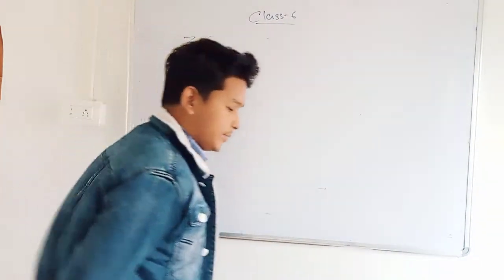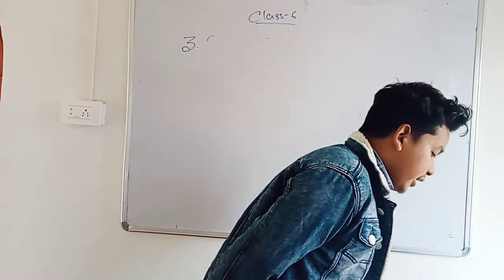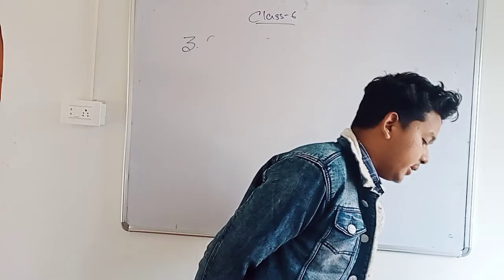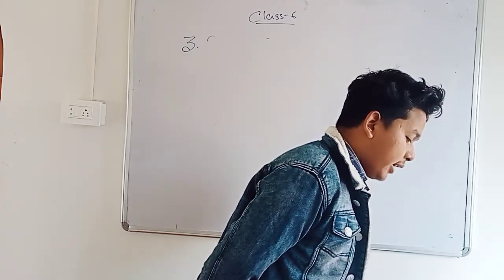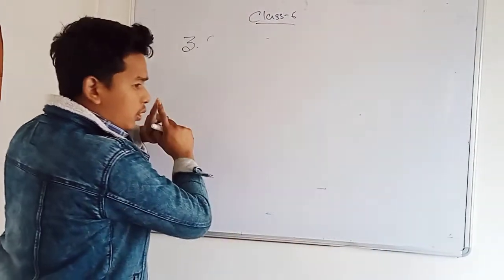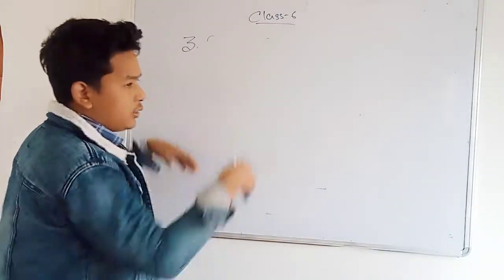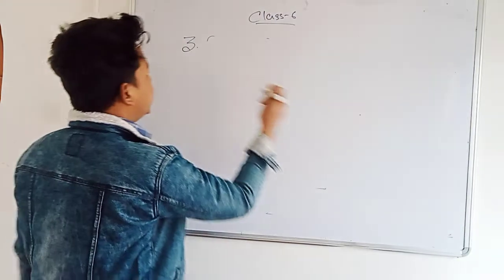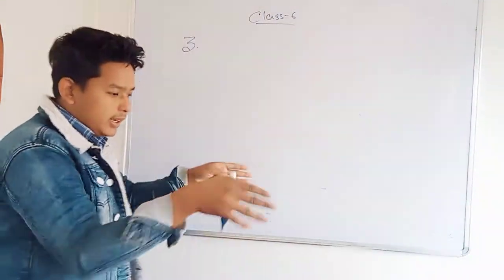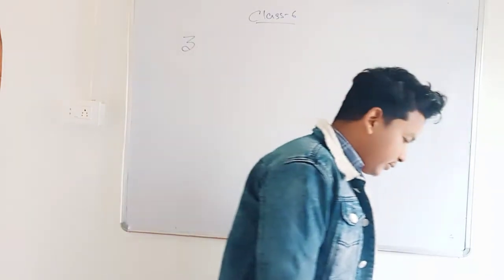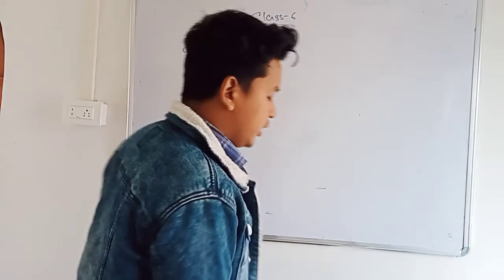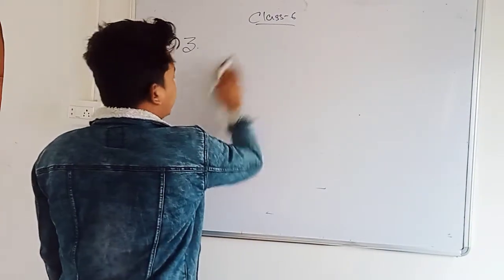I am not doing that. Question number 5. A square piece of land has each side equal to 50 meter. If 3 layers of metal wire are to be used to fence it, fence means to make a boundary, in Hindi or in your language you may say bera, to put a boundary. What is the length of the wire needed?